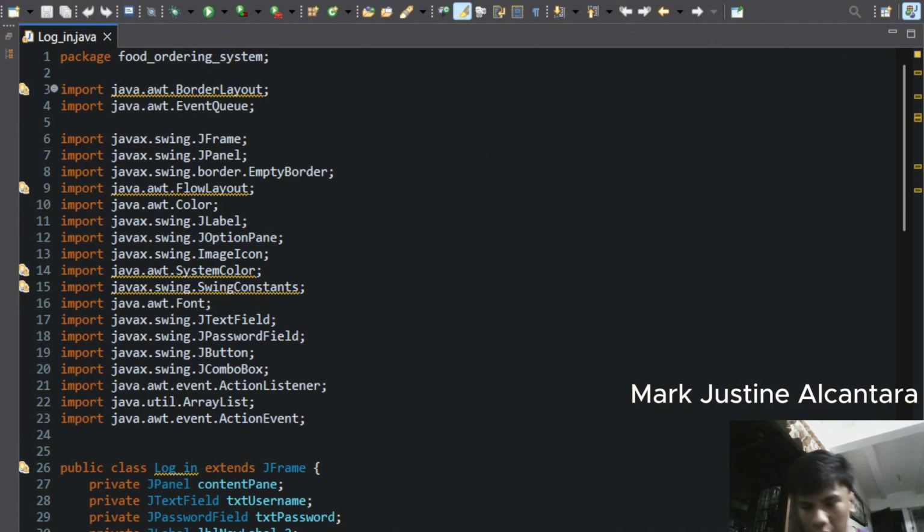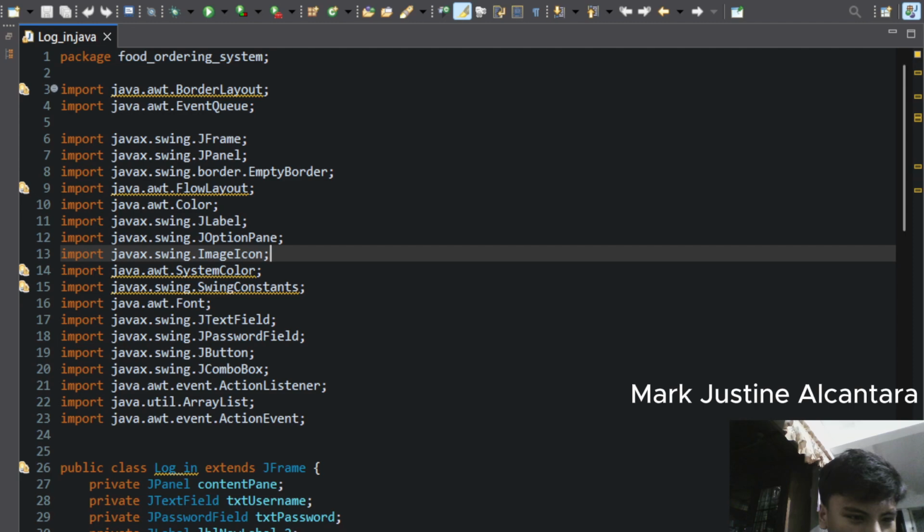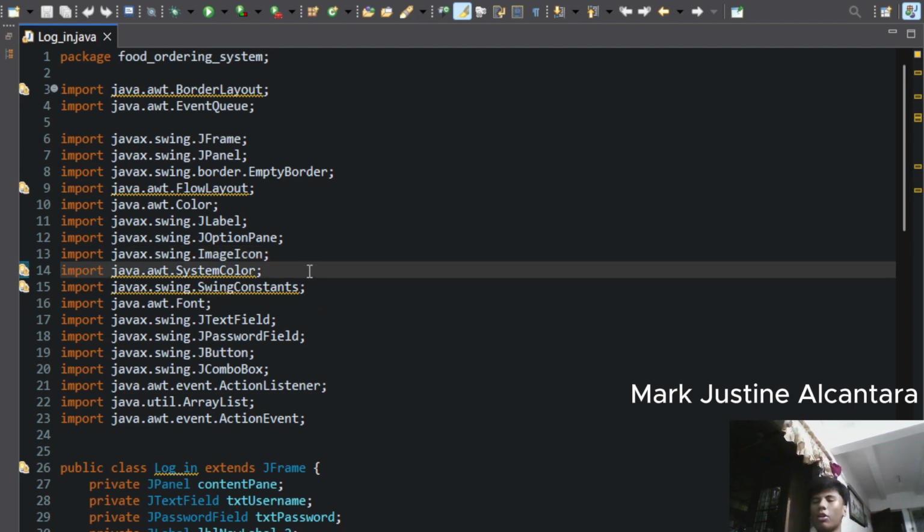Then from line 13 to 15, we put in all the Swing imports: layout managers, fonts, colors.